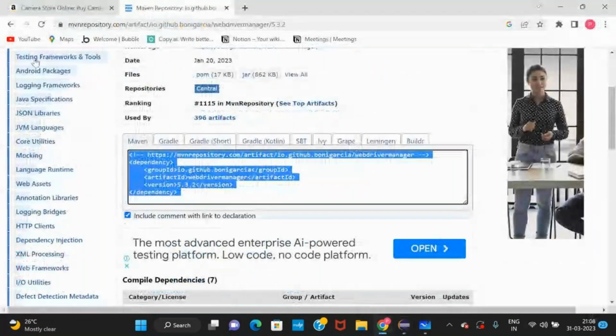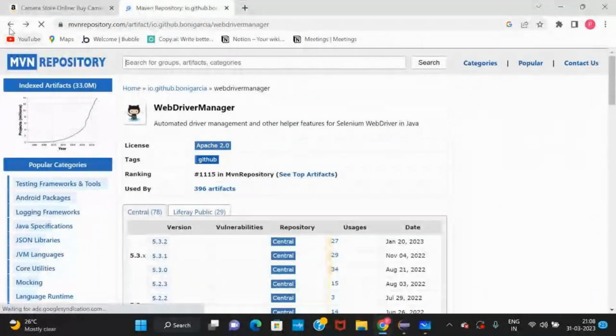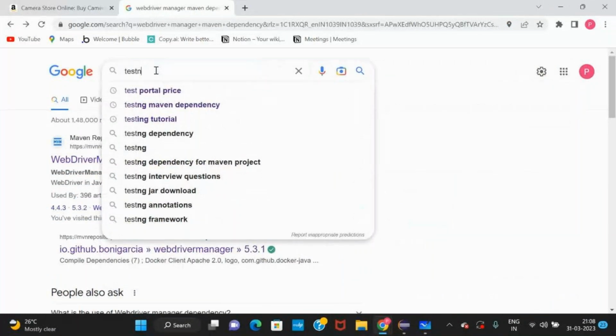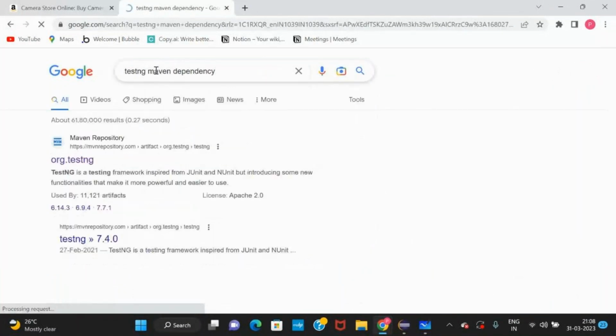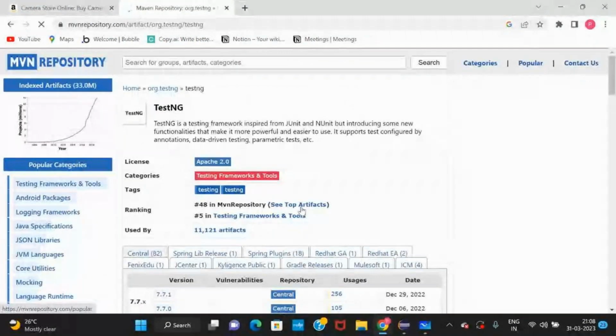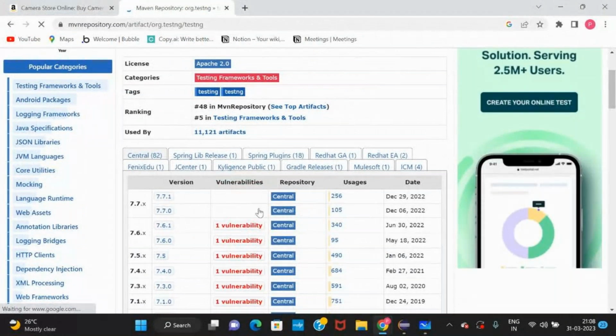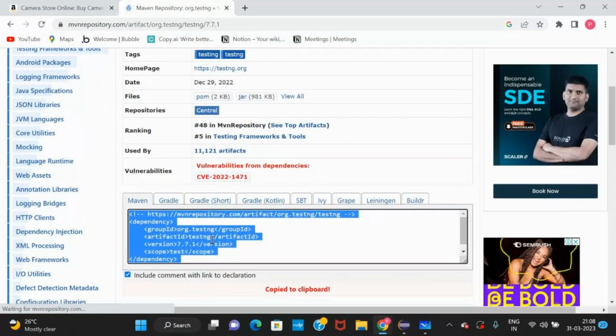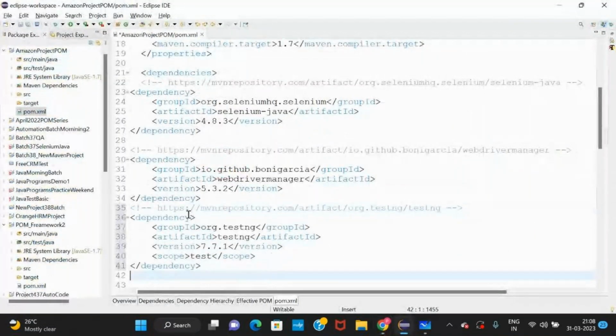We also need the TestNG dependency, right? We need the TestNG dependency in the project we are going to use. Search TestNG Maven dependency. Take the latest, 7.7.1, copy this, and add it after this.